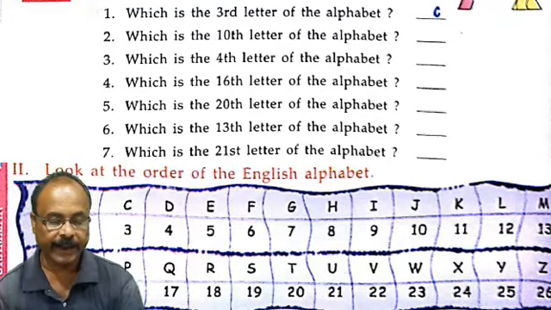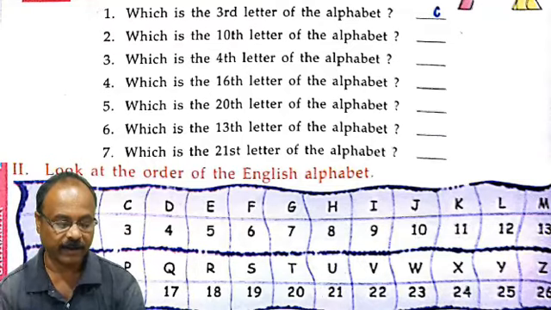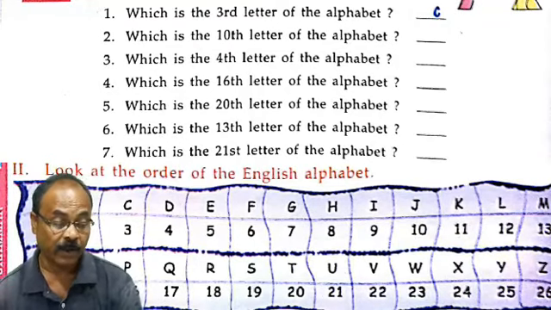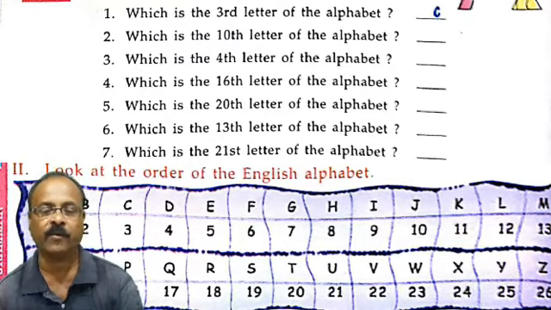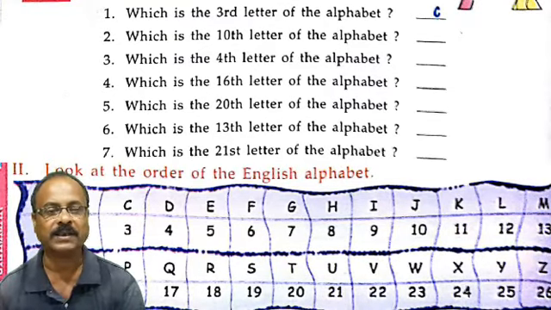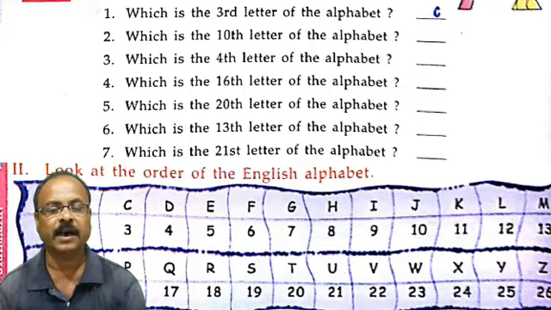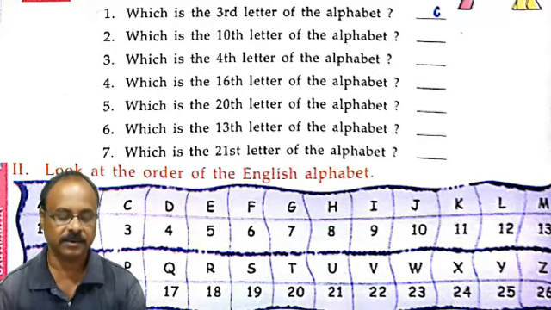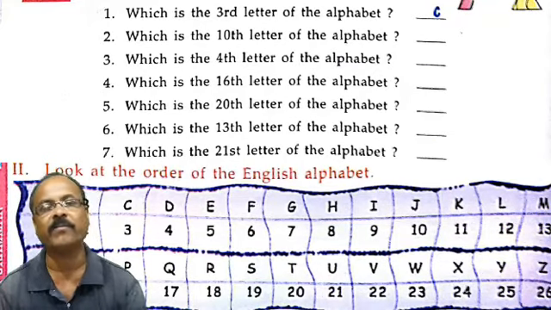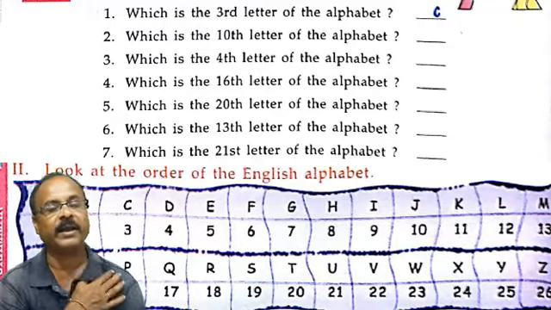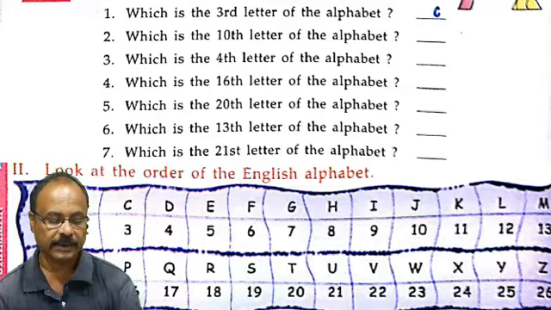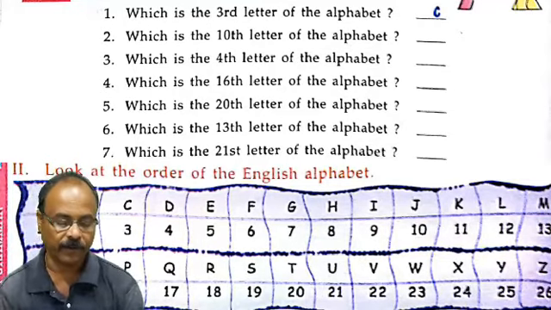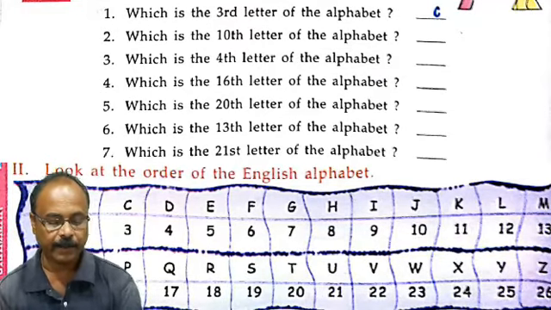The alphabetical order has been given in the first line, and below the first line these letters are numbered accordingly. A for 1, B for 2, C for 3, D for 4, E for 5, F for 6,